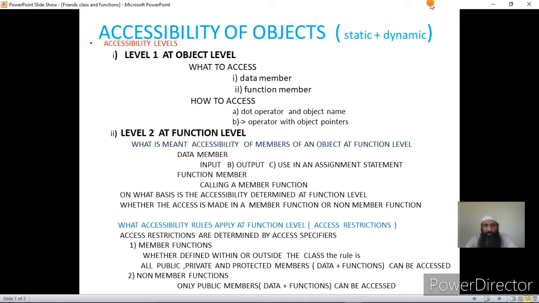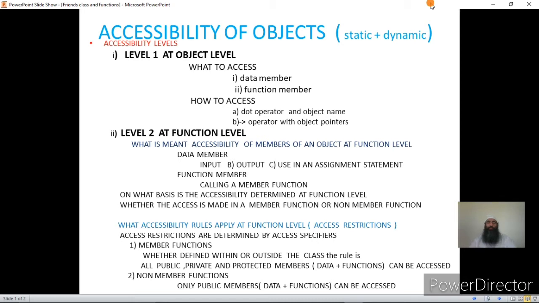Now for non-member functions, the rule is that only public members, that is only public data and functions, can be accessed at this level. The private and protected members are not allowed to be accessed at this level.